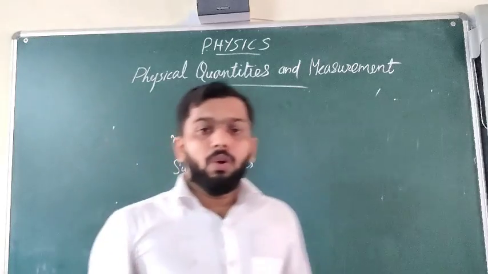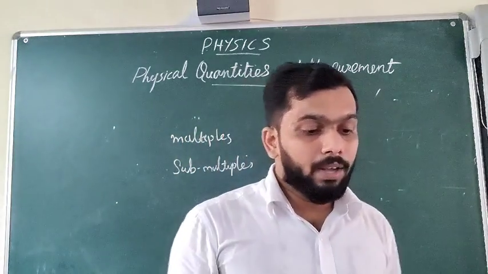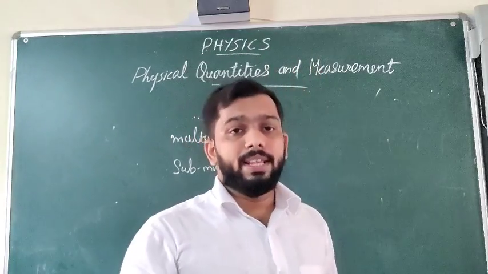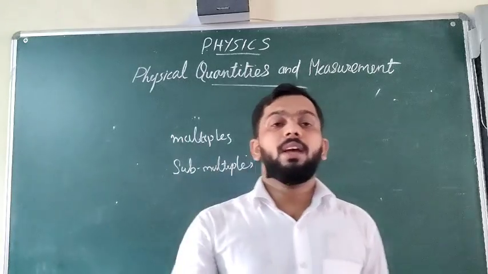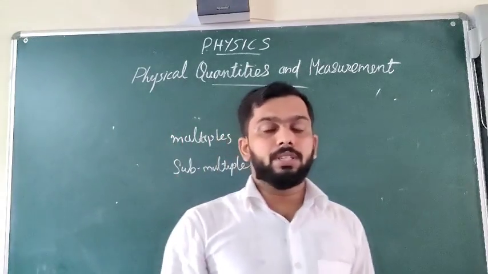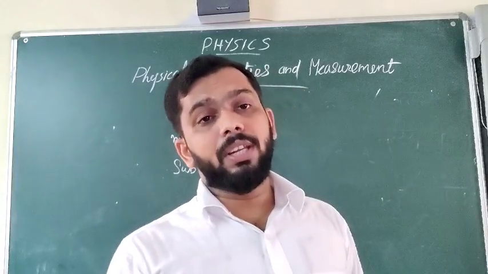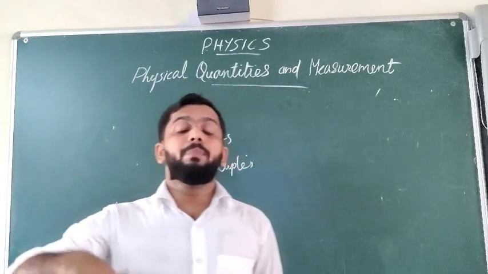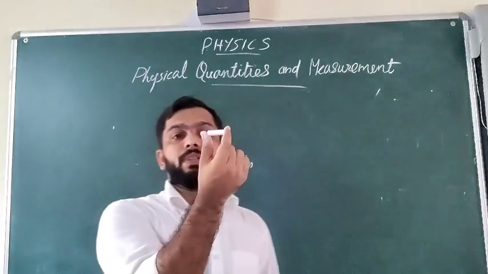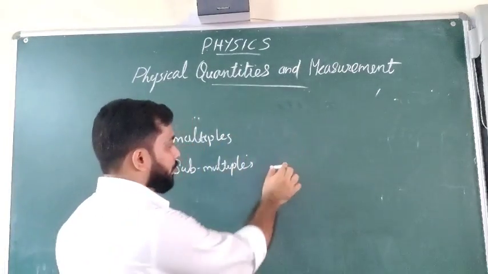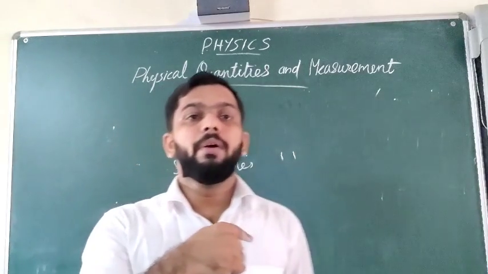Okay, so we have seen that we are using the SI system, maybe for length and mass. If we are measuring length in the SI system, it is in meter, and mass is in kilogram. Sometimes we will not be able to measure everything in meter. Suppose you want to measure the length of this chalk piece, only this much will come. This is very difficult for us to measure in meter.